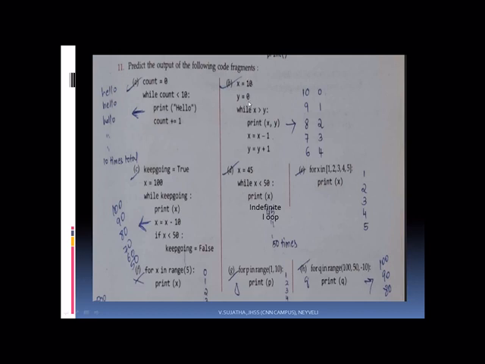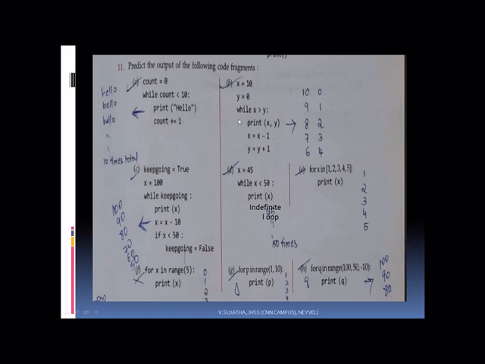X equal to 10, Y equal to 0. Actually, you have to write here, this is X. You have to take X value and Y value. X is 10 and Y is 0. Like that you have to write. Then, while X greater than Y: what is the value of X? 10. 10 greater than 0. Yes, condition is true. Then you have to write the value of X and Y. So 10, 0. This is the output format. Then X will be decremented by 1. It will become 9. Then Y will be incremented by 1. So it will become 1.